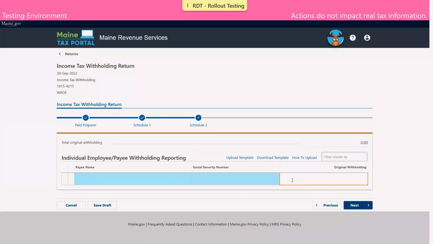Or you may choose to use our Excel formatted template, which allows you to build the Excel file for the first use of the main tax portal, save it within your own internal files, and then add or subtract employees and input withholding amounts as needed. You may even be able to produce an Excel file in the required format directly from your payroll software, thus reducing the need for any manual work. We have a template available for you. Simply click the Download Template link.